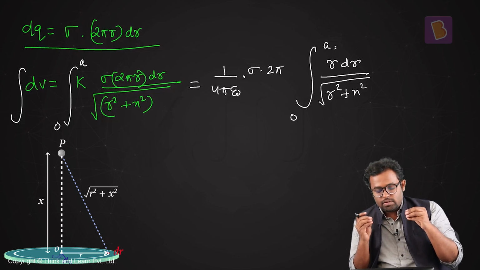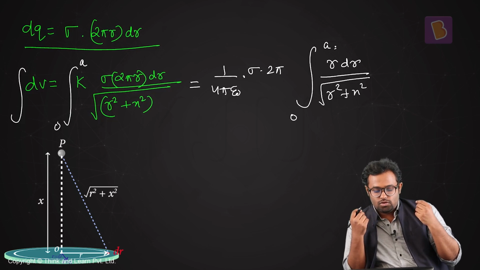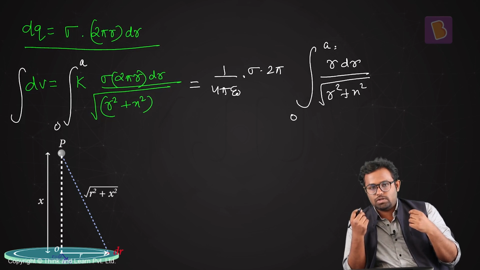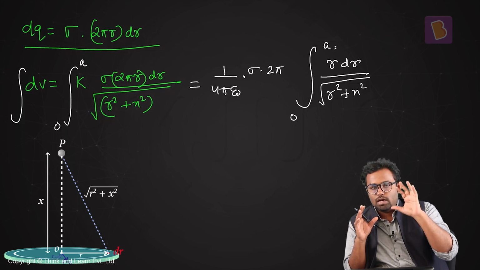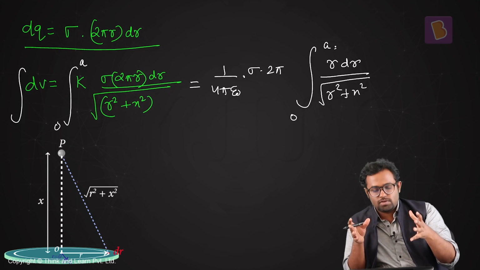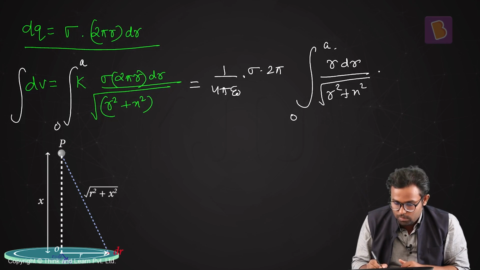Another interesting thing here is that x, although x is a variable, is not the variable of integration. The variable of integration here is r. x is a fixed point where we are trying to find out the potential. Although usually x is the variable point, here it is not. So when you integrate this, you get this to be equal to